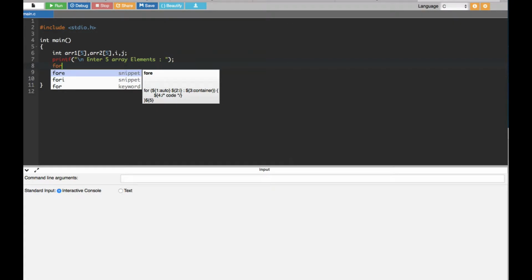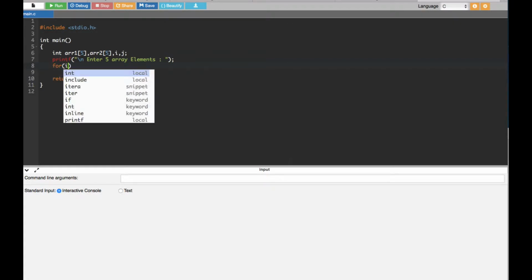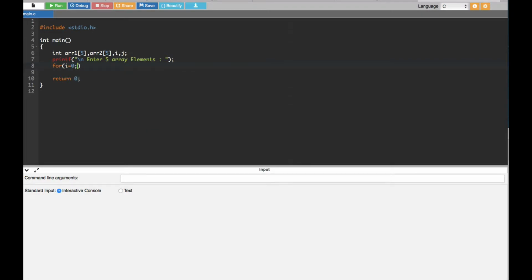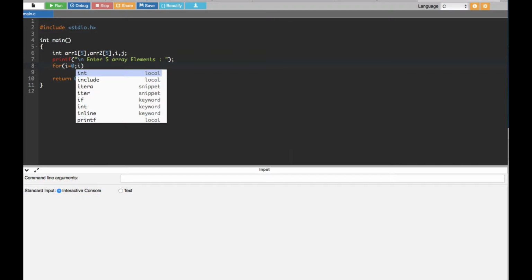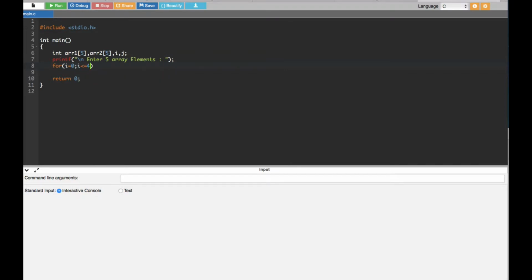So for i, we initialize this one with 0, i is equal to 0, and since it has to run 5 times, we have to set a condition i is less than or equal to 4, because if we start from 0, 4 means we have 5 values. Okay, then we have to do the increment by 1, i++, and after that we are going to use a